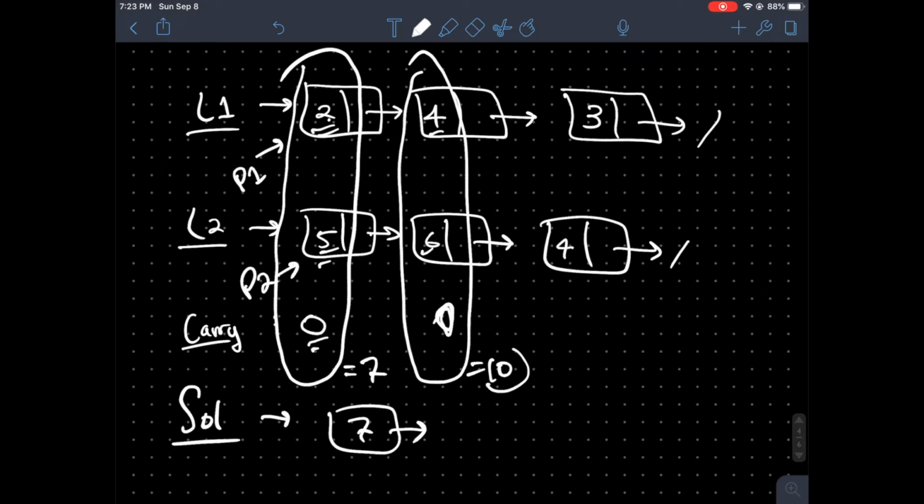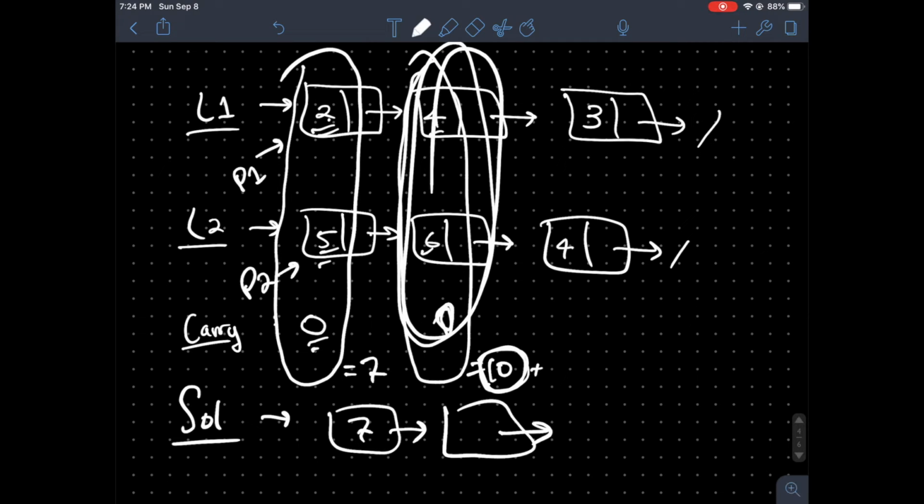Now remember, when we have a number that contains more than one digit, we want to make sure that we apply the carryover, because each node in our solution can only have one digit. So anytime we add up these three values, the linked list 1 value, the linked list 2 value, and the carryover,